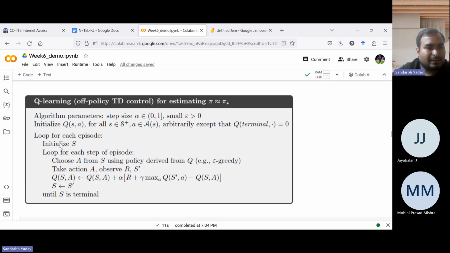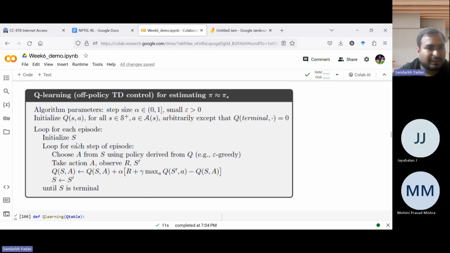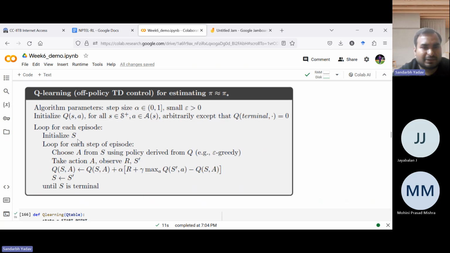Now in Q learning, what you are doing, this is for one episode. For each episode, you are initializing the start state, which is the same for us. And for each episode, we are taking the action A from this state based on some epsilon greedy policy. We have already seen the epsilon greedy function. Then see here, we never use A dash, right? In SARSA, we were using A dash. So this makes Q learning off policy because we don't need the next action. So this is how it works.